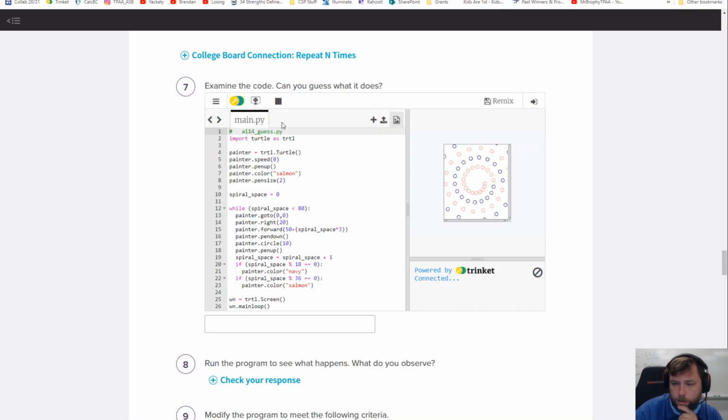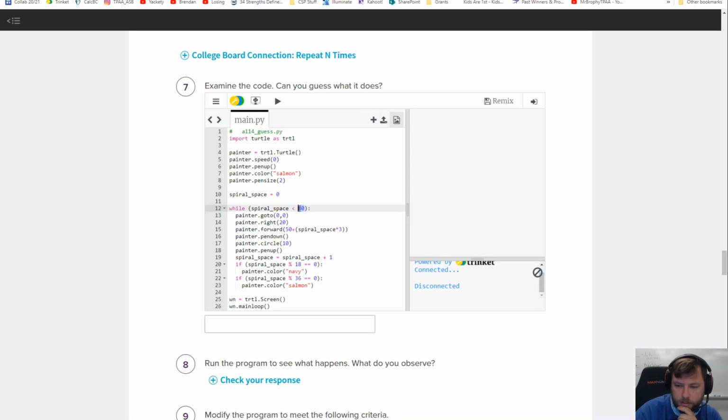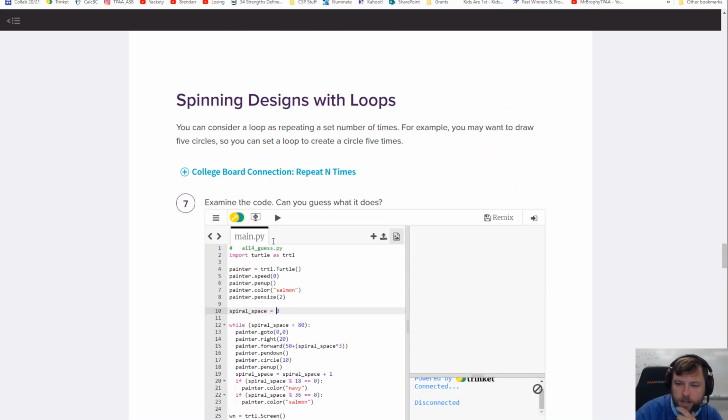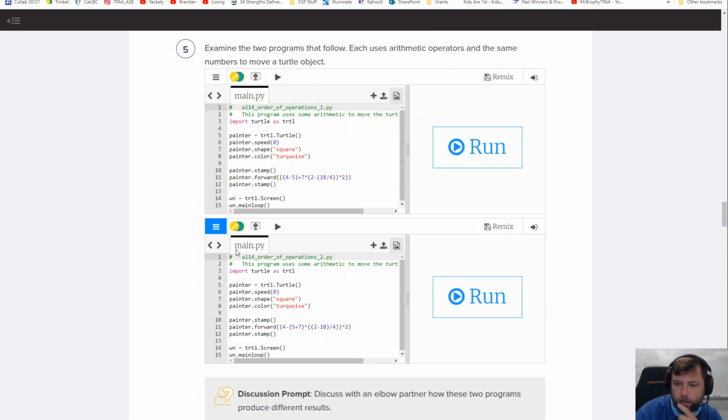Okay, so let's pretend I didn't run it. I would look at this code and say, oh, it sets the color to salmon. That's a color now. Font size, speed, spiral space is 0. While this loops 80 times, it starts at 0 and goes up 1 every time. It looks like it's spiraling, but it's got this spiral space times 3 thing. What does that do? It looks like a number that starts at 0 and then adds 1 every time, so it should get bigger and bigger. And then it's doing the rotating, just like we did in the code above, rotated between salmon